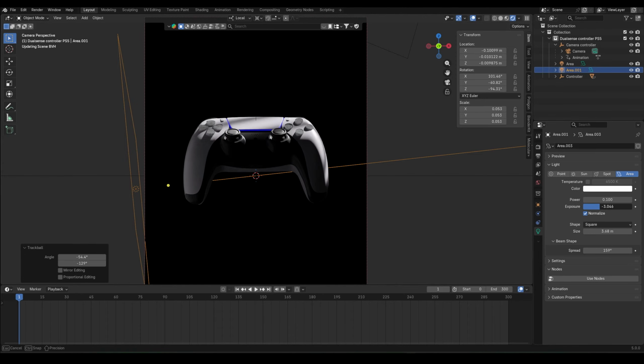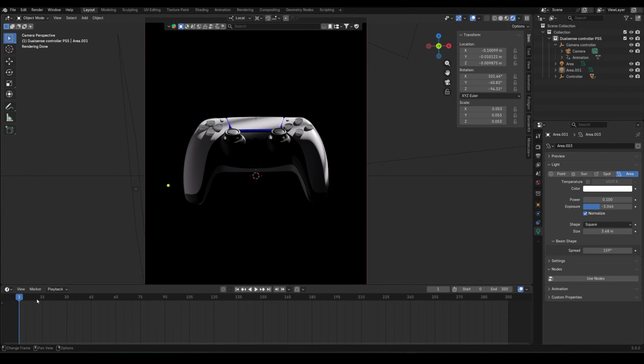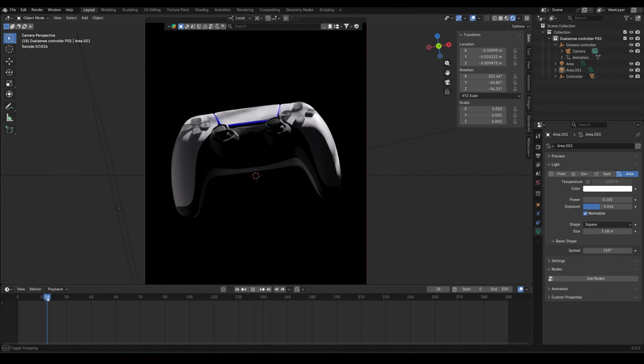Like that. So this looks good, and if I just move some keyframe,